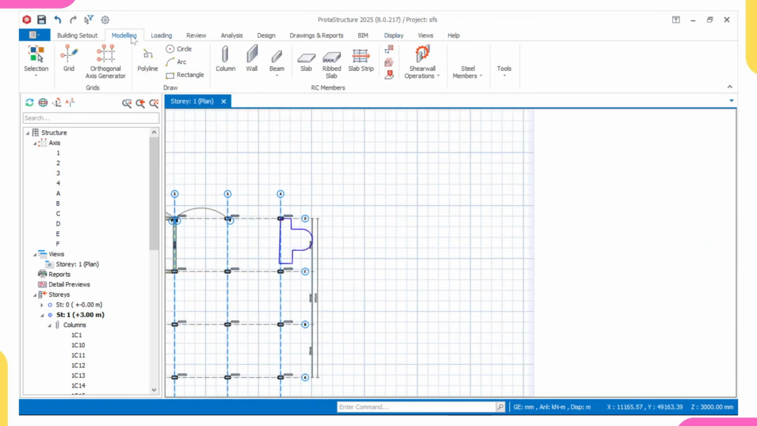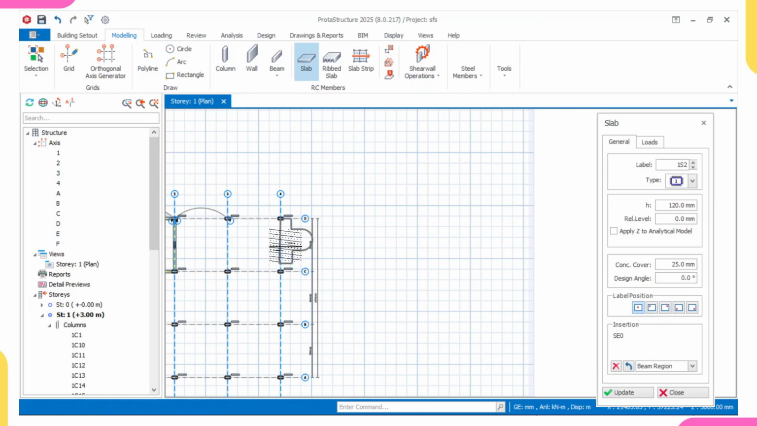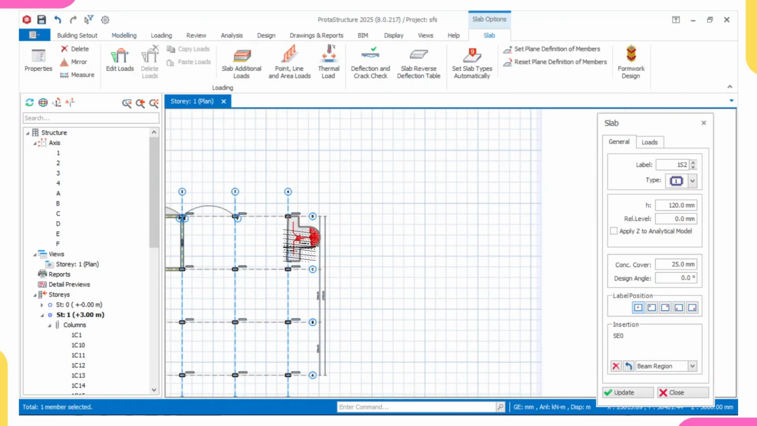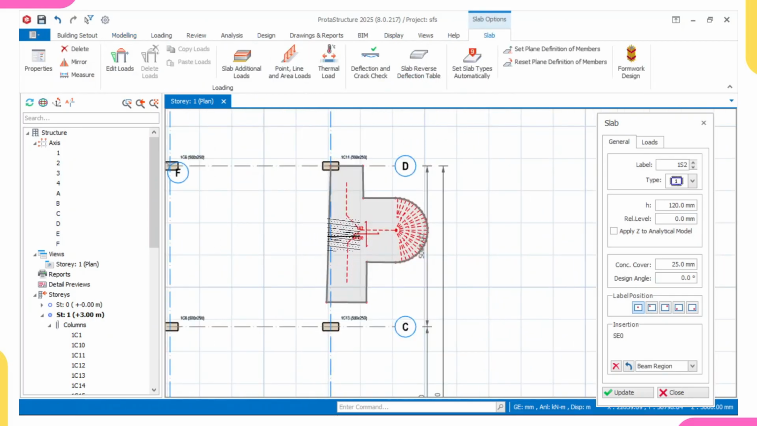Then come over to modeling. Then click on my slab. Once I click on my slab, I can just come and apply my curved slab here. So as you can see. But I'll advise you,